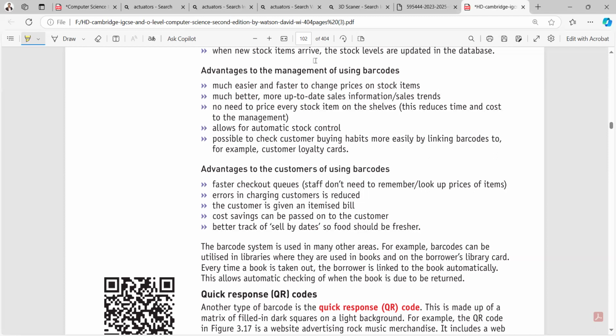So these are the advantages to the management, but what can be the advantages to the customer? कस्टमर के लिए ये होगा कि चेकआउट क्यू जो है उनकी जो प्राइसिंग जो है वो ज्यादा तेजी से बनेगी। आपका जो एरर है वो रिड्यूस हो जाएगा। कस्टमर को एक बिल मिल जाएगा कि इतने सारे आइटम उसने परचेज किए हैं। आप उसके ऊपर अपनी कॉस्ट या जो आपने डिस्काउंट ऑफर किया है वो भी आ सकता है। एंड विद द हेल्प ऑफ दैट यू कैन ऑल्सो make a record, or you can also make a checklist of the products that are being sold frequently, ताकि आप उन्हीं टाइप के प्रोडक्ट्स के ऊपर ज्यादा ध्यान दो।